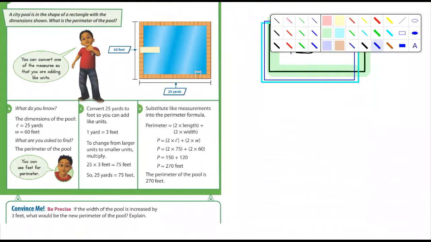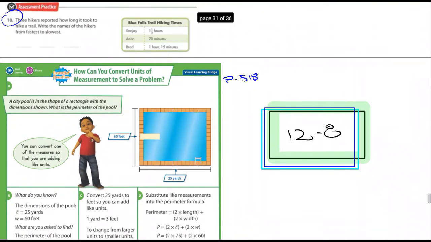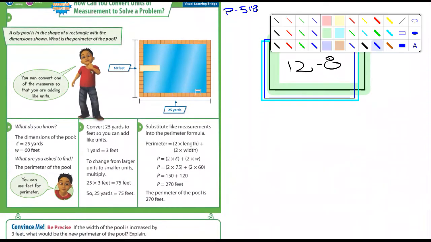It says the city pool is in the shape of a rectangle, and they're asking what's the perimeter of the pool. The problem is that they give you the perimeter of the pool in yards and feet. So you'd have to convert one or the other. I mean, you can convert 25 yards to feet, which would be, I heard somebody say it, 75 feet, or